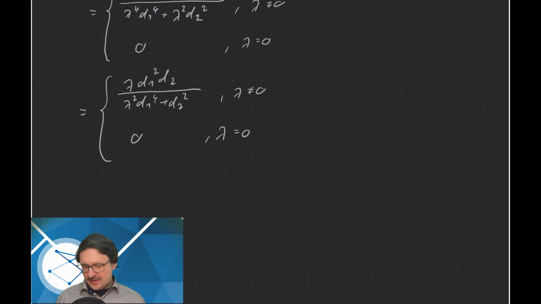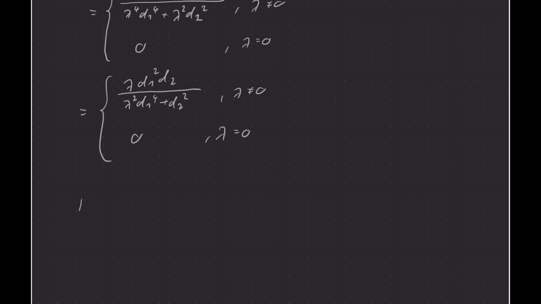And we need to make a little case distinction here, depending on the choice of d. So, for example, what we can do is we can make a case distinction on d2 and say we'll first regard the case that d2 is 0, and then we'll regard the case that d2 is not 0. Okay, for d2 equals 0,